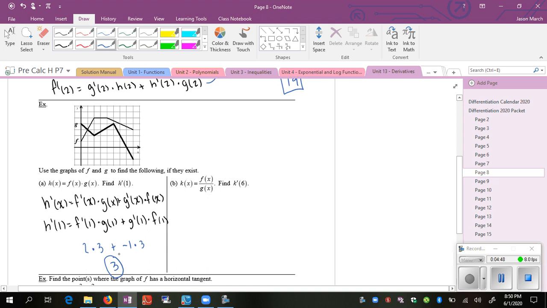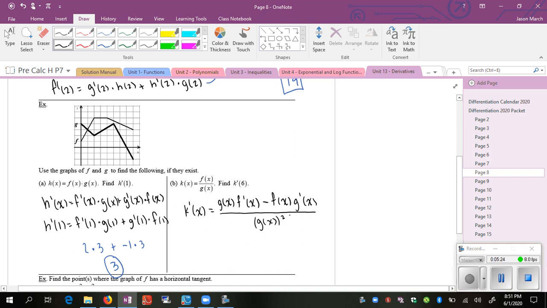Next one, very similar, involves the quotient rule. So quotient rule here, so k prime of x is low d high minus high d low all over the low squared. So low is g of x, d high, f prime of x, minus high, f of x, d low, g prime of x, all over the low squared. So we have g of x